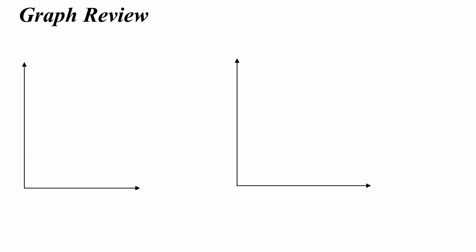In this video, we're going to review some information about position versus time graphs and velocity versus time graphs. So let's start by drawing a position versus time graph, a little x versus t. If I have a line on a position versus time graph, then I can take a look at 2 points on that line,